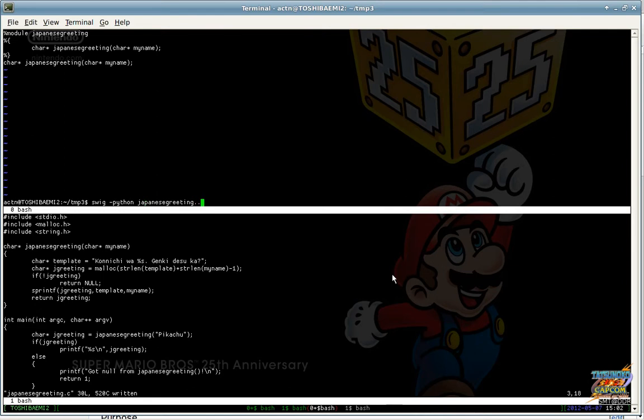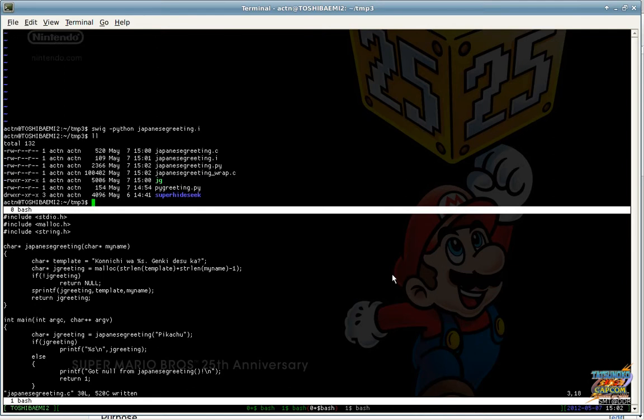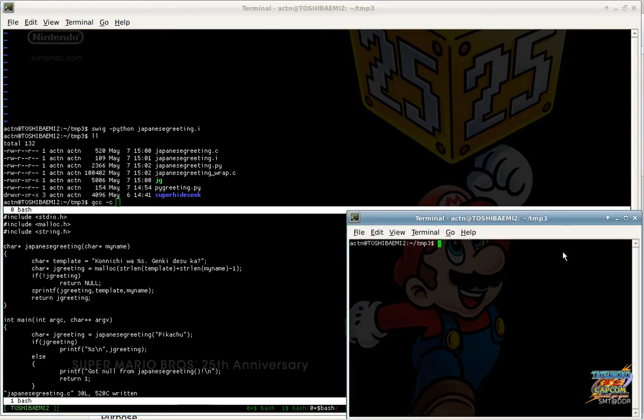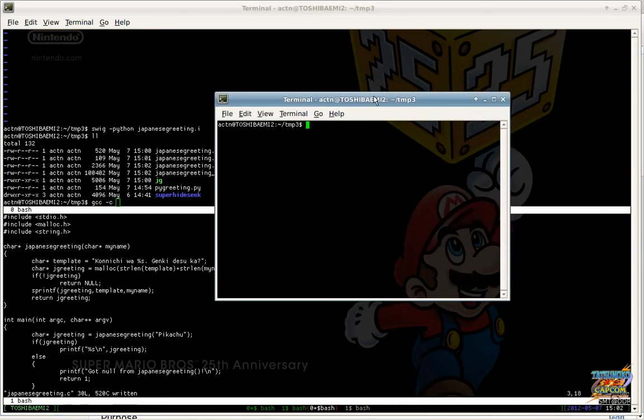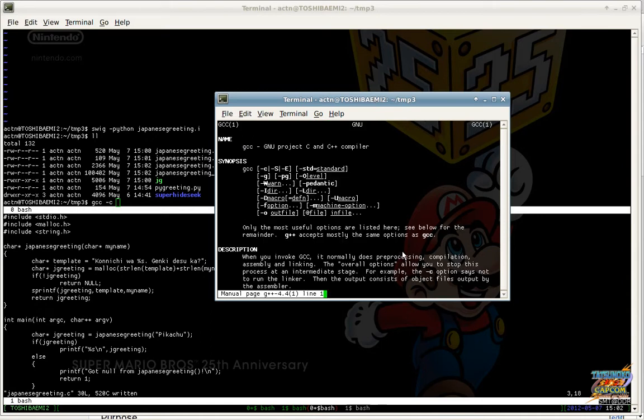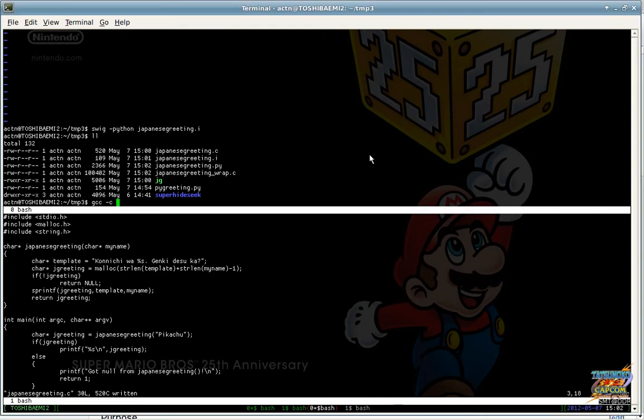Japanese greeting.i. Look what it gave me. Okay, I got a .py file and a wrap file .c. We're going to compile. Now, what does that mean? A gcc -c thing there. You see that? The -c option says not to run the linker, it just creates the object files, the .o files. And you know, if you work in a big C shop, a lot of developers, they may compile their own